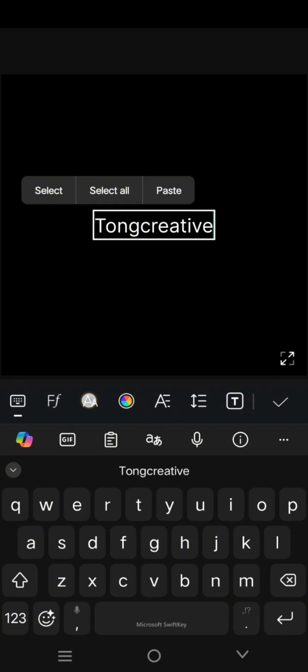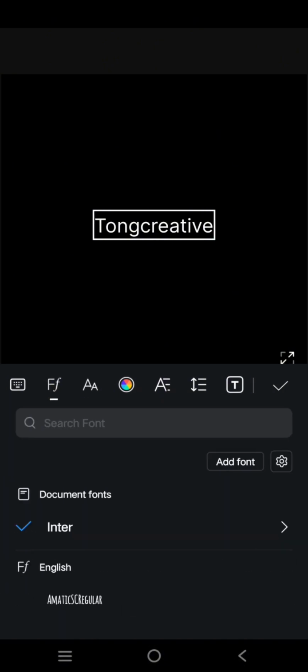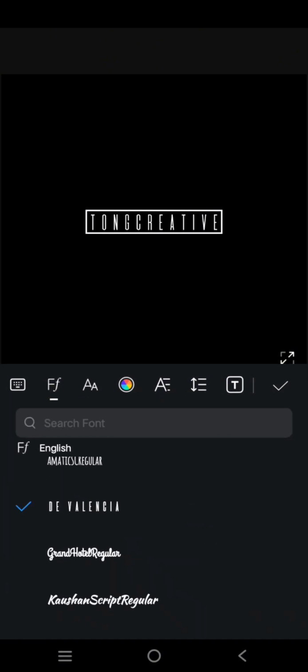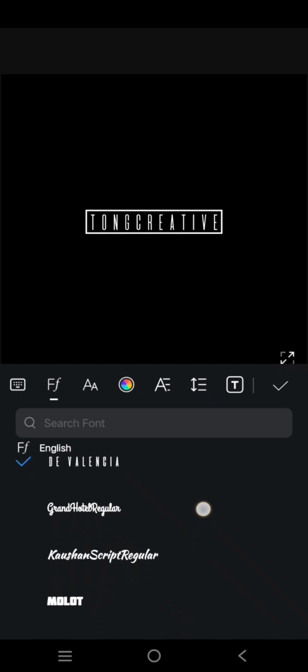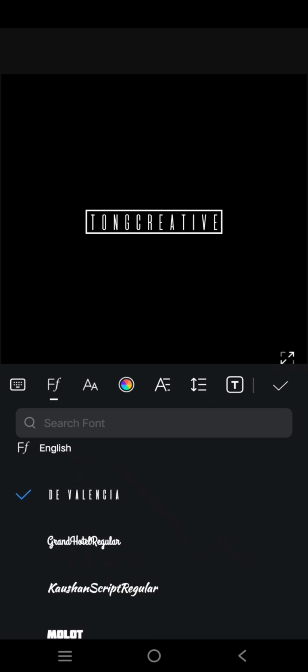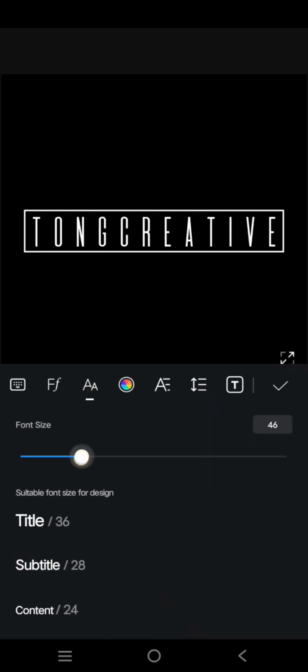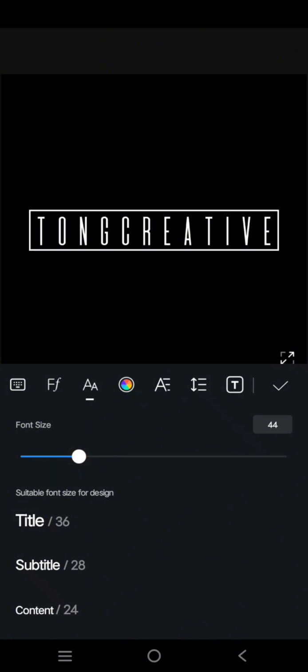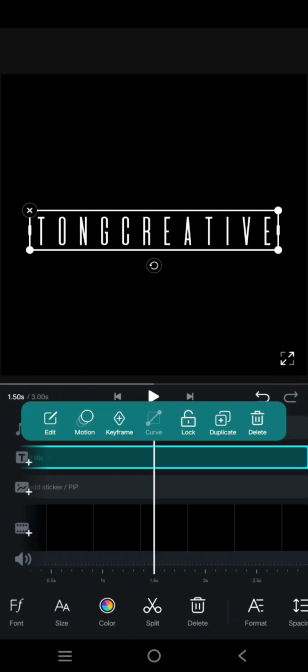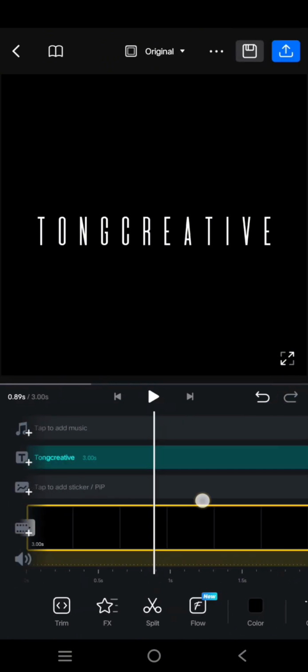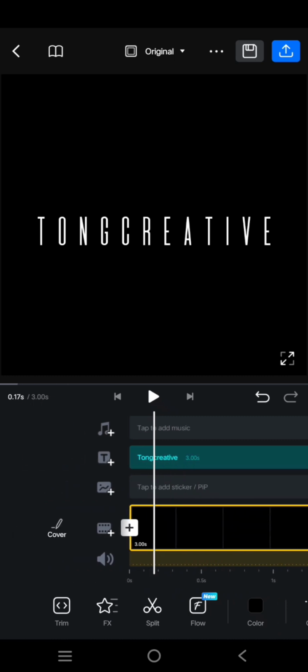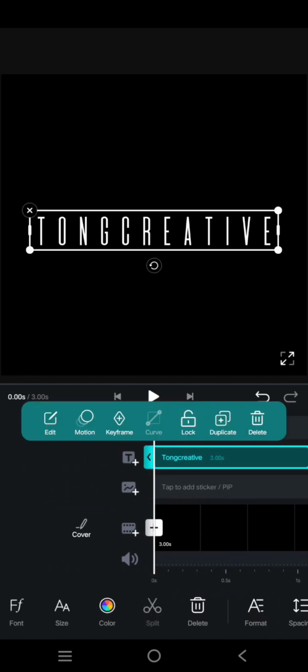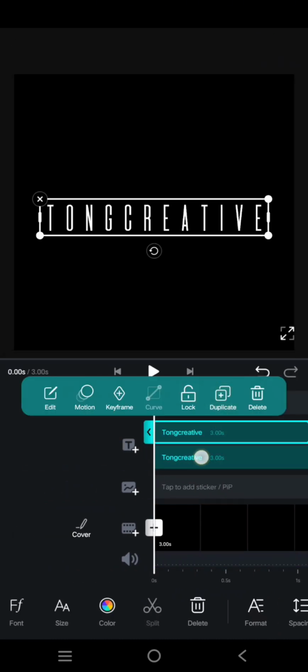Okay, you can change the font to the one you like. So for example, I'm going to just use this font right here and I'm going to make it bigger. You can click on a check icon and now you can just duplicate the text. So there are two texts like this, and now on the first text right here,